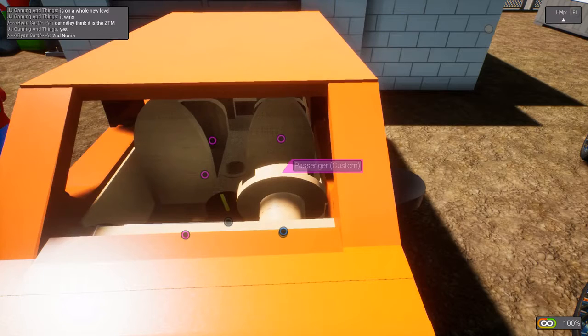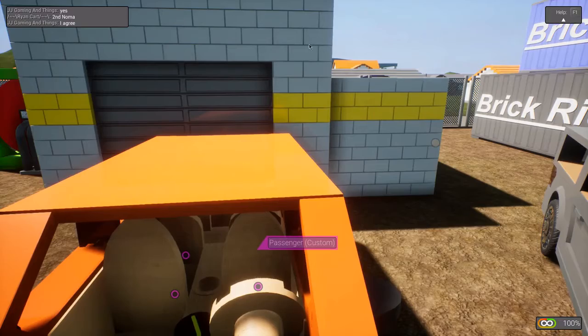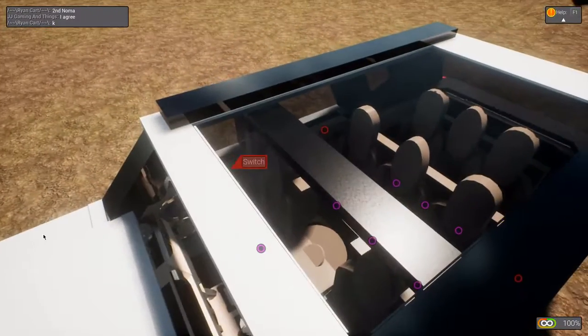Atomica hasn't seen a lot of appearances on Brick and Driver. I think they had a Roadster a couple weeks back. So it's been a while since we've seen them on here. It's nice to see them there. And now Cart and I have some different views when it comes to stuff like this, as you saw in the